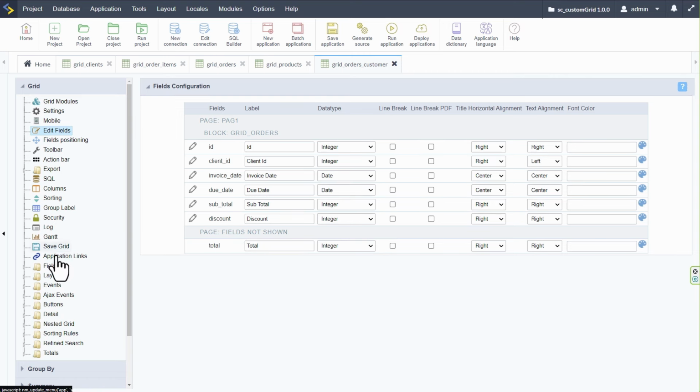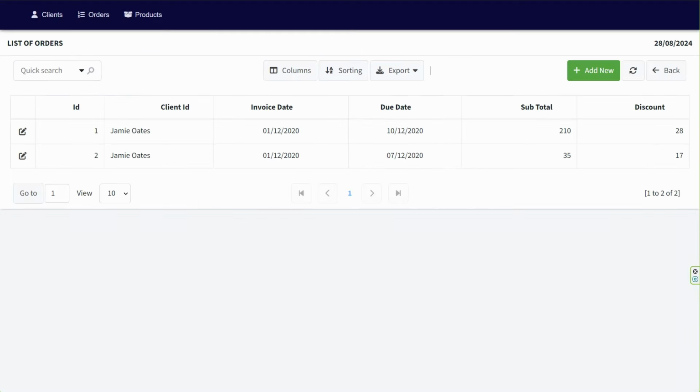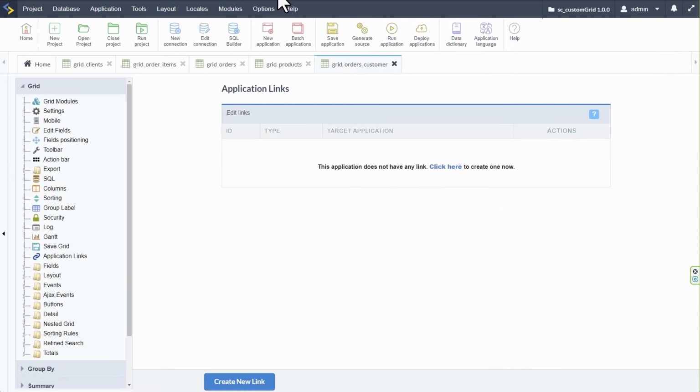So we have then again here the application links, because this links then to the form orders. So I would delete that again because we do not want really the add button here, and if we do, then we want to create an add button maybe to redirect that to an alternative order form and not the actual admin edit form. Okay, so you could apply the same action bar button again if you wanted to, or